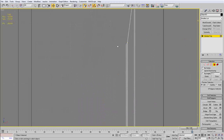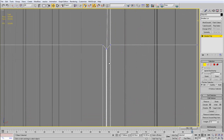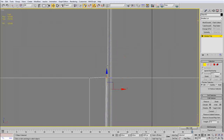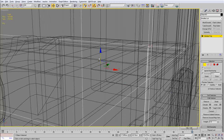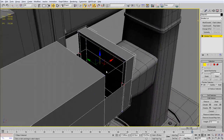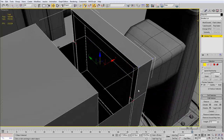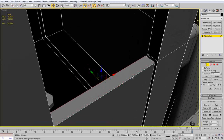So now we're going to proceed and start making the hole here. I'm just adjusting those vertices there as well. I'm going to make them straight using the scale tool. Okay,